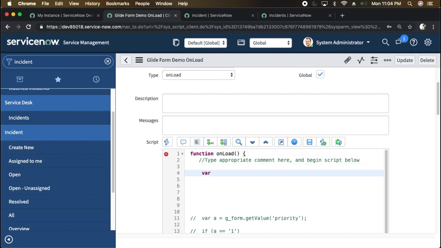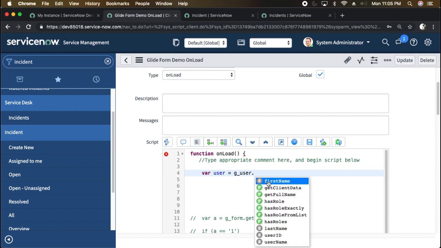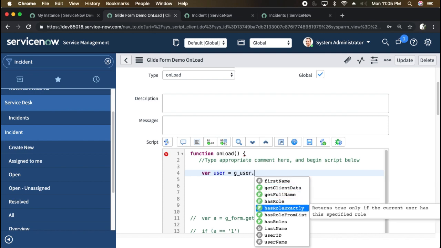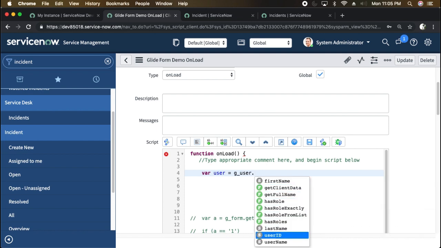I will create a variable because I have to get the user first, whomsoever has logged in, and I have to get the sys ID of that user. In that case, I will create a variable user, and I will do g_user, not g_form. Now, g_user is also another really important API, which we will talk about in our follow-up session. So we have g_user dot, I will select userID. I press tab,